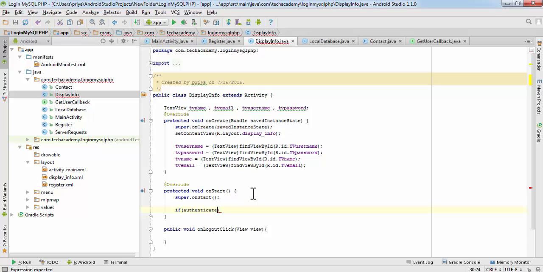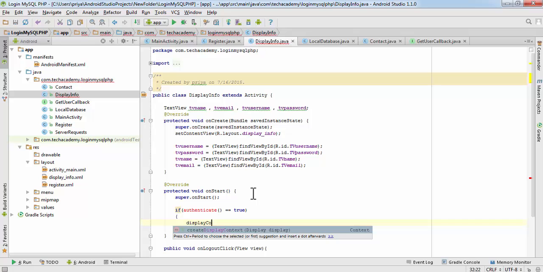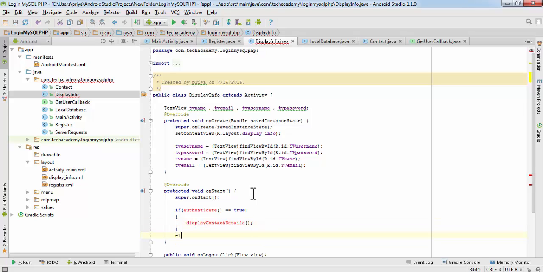We are going to create the authenticate method here. So just write it. If authenticate brackets equals true, then display contact details. Again, we will create this method, and else we will start the main activity.